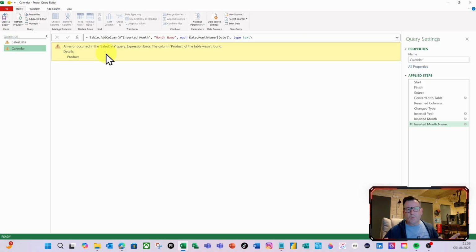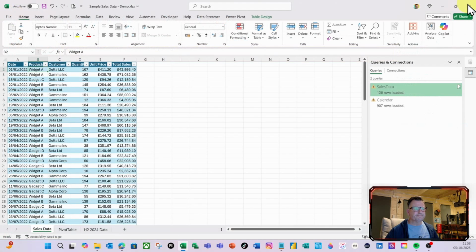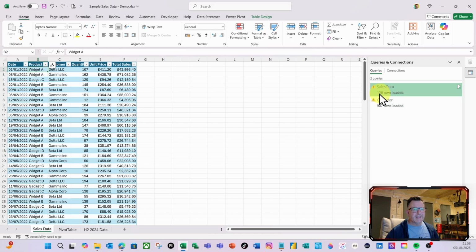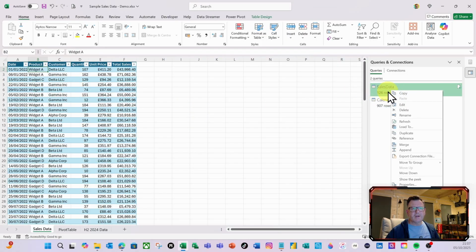So there's a way to overcome this. Let me just close this down. Let's change this back to product, like so, and hit return, and everything should fix itself like magic. So everything's working again. Let me show you how you can put a line in your query, basically using the rename capability to overcome this. So watch. If I right click on the sales data query and do edit,